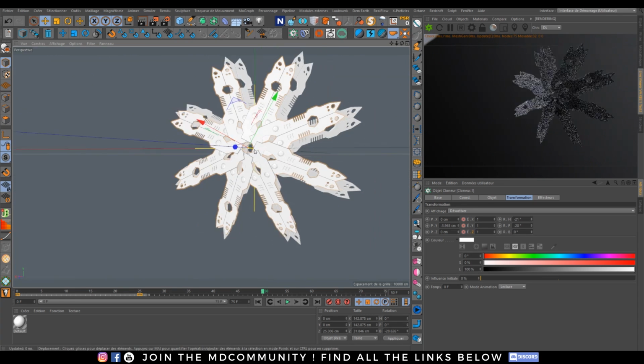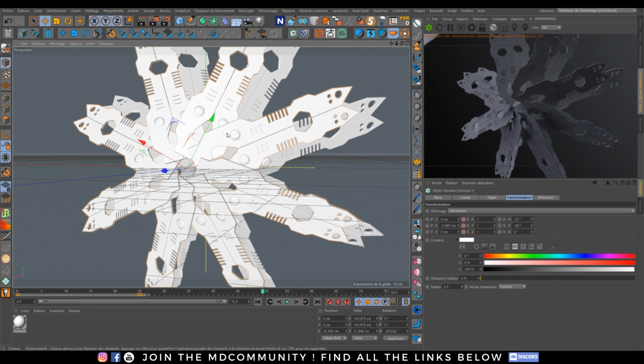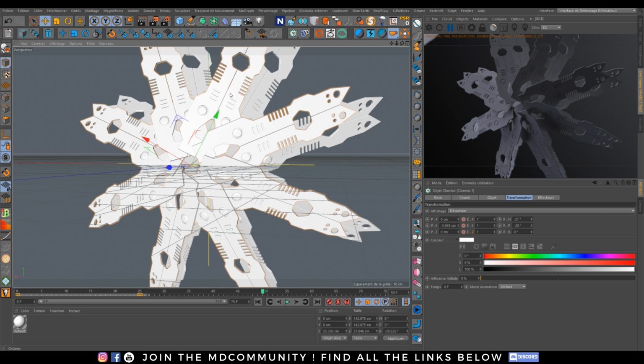So I hope you guys enjoyed this tutorial. I will not show you more than this, because every texturing part or any stuff, it's up to you, you know. You can select the texture you want, you can make some nice texture with Octane and stuff. You can go back inside ZBrush, do a retopo. I don't know, do what you want.